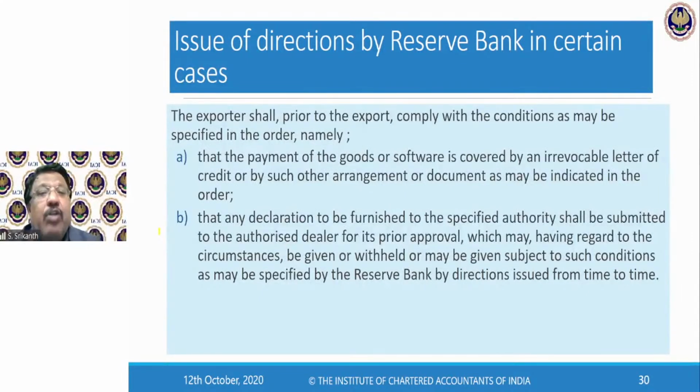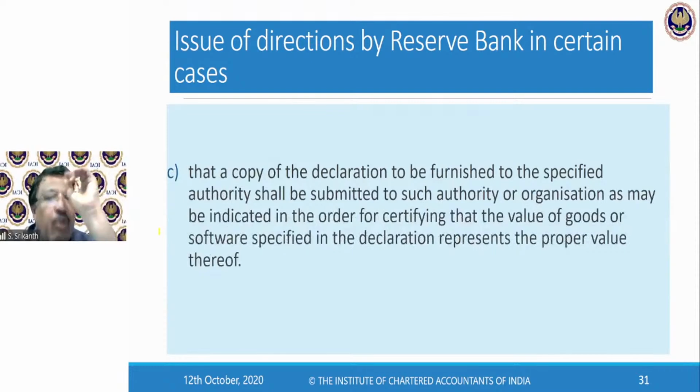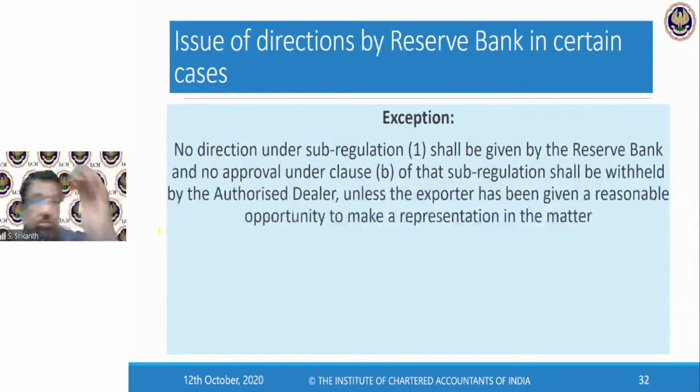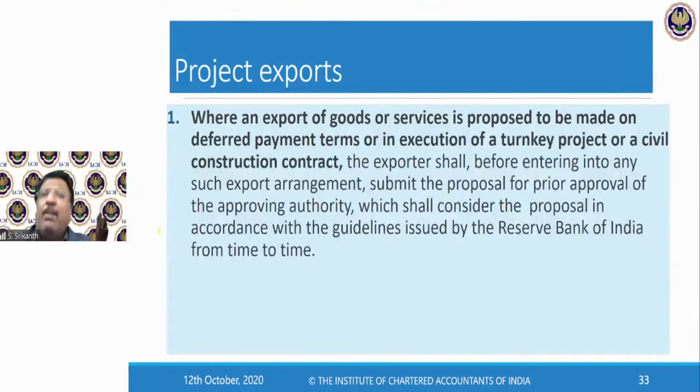Exporter shall, prior to the export. That is very, very important. Before you export, before you make the advance payment, please be clear. What are the time limits? Why am I being so careful? Because FEMA is a very, very easy law. If you comply, you have no problem at all. But if there is the slightest problem, you will go before the ED. And the ED has almost the same power as the CBI. They will always suspect that you are doing something illegal. So even a very normal transaction will be viewed with a lot of suspicion. So don't go there at all is what I would suggest. For a clerical mistake, for some stupid mistake by a Munimji, don't go to the ED is what I would